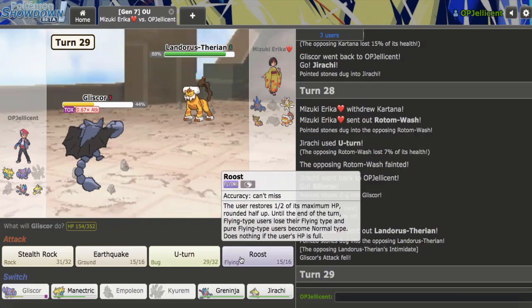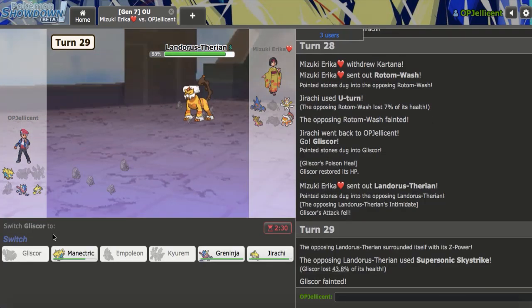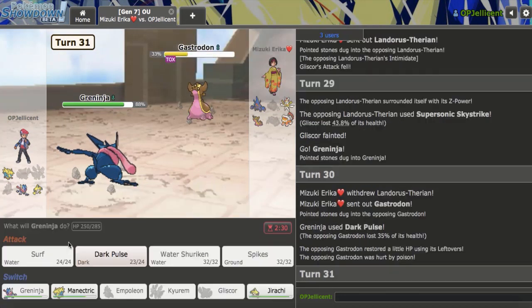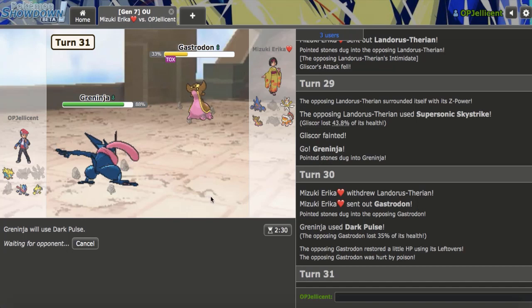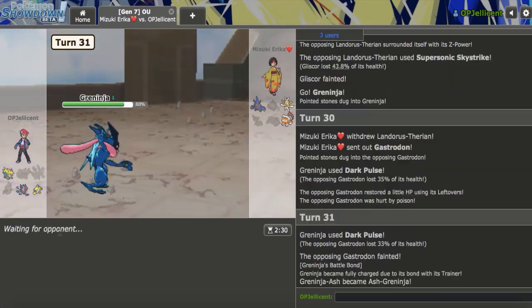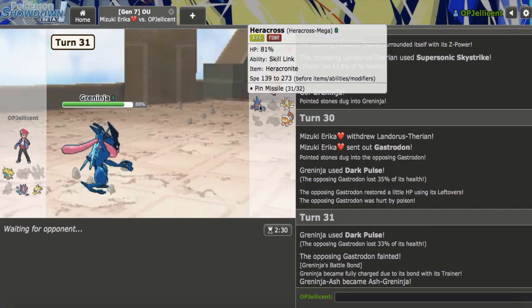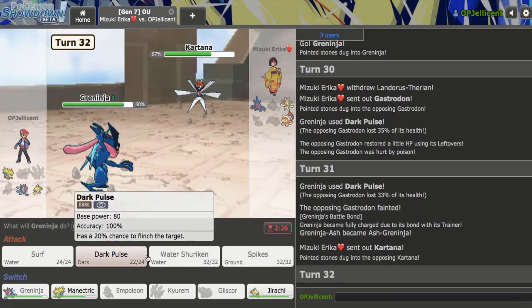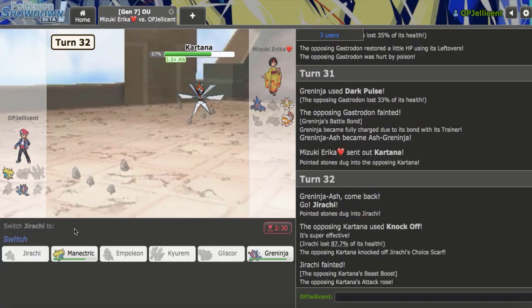They actually decide to go to Lando here, so I can just Roost. As it turns out to be Z, but that's fine. I can go to Greninja and just Dark Pulse here. Yeah, and that's going to 2-hit KO, so I think I win. Because now who do they go to, right? They go to Heracross. They actually go to Cart, which is interesting. I think what I have to do is sack off Jirachi to get in my...